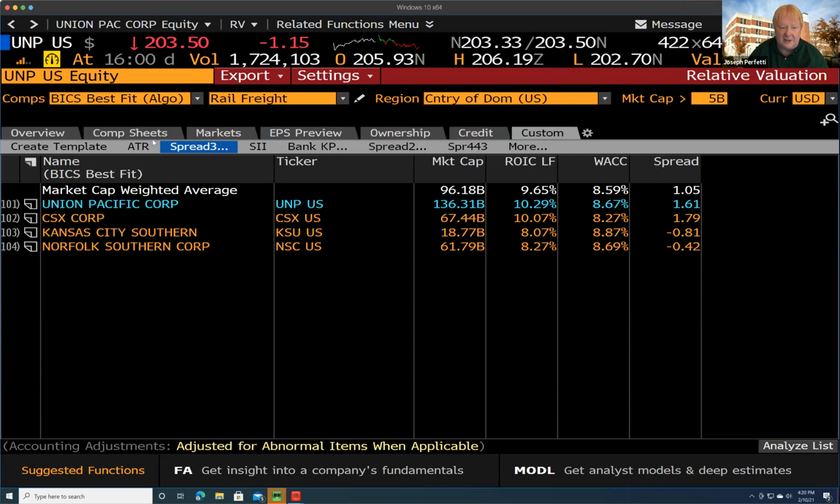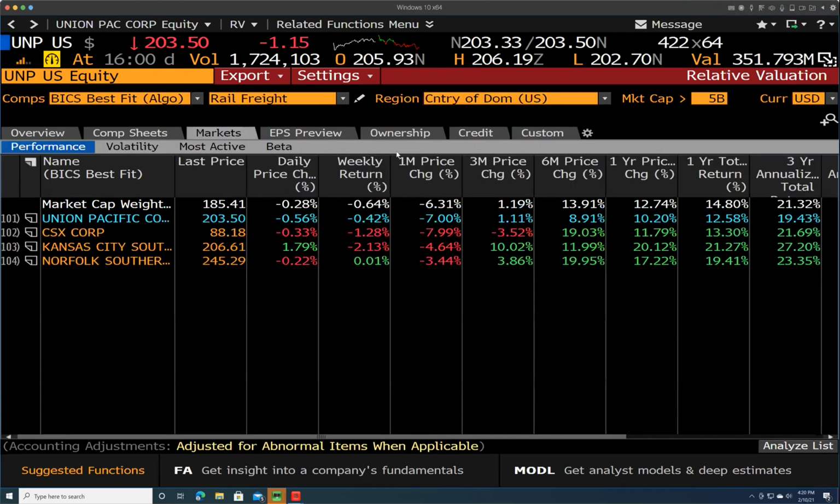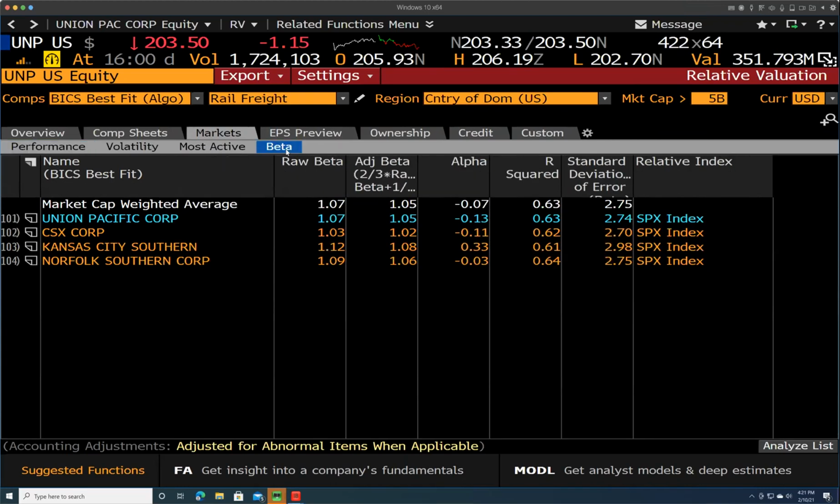So does anybody want to talk about the E? Yeah, I can tell the E. Go ahead, Ethan. All right, thanks. If you go back to the beta, their beta is super close to 1, which would correlate with the general economic index. Probably because the goods that they transport are largely energy related and agriculture related, which all correlate with general overall demand. So when the general demand for those goods goes up, it's going to correlate pretty closely to